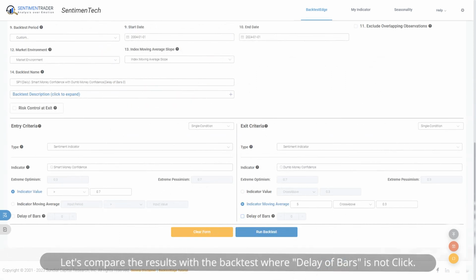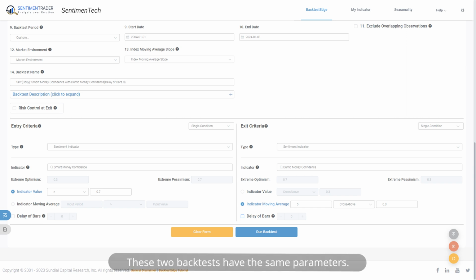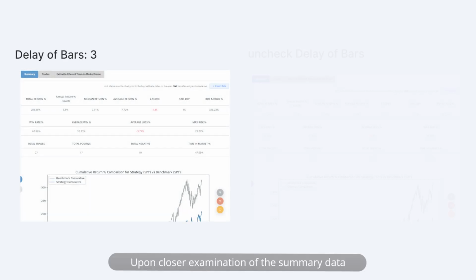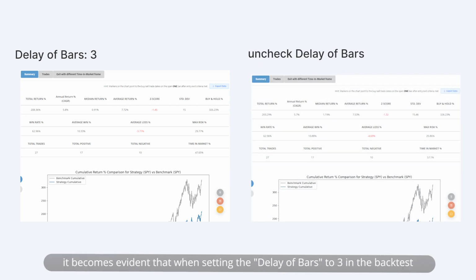Let's compare the results with the backtest where Delay of Bars is not clicked. These two backtests have the same parameters. Upon closer examination of the summary data, it becomes evident that when setting the delay of bars to 3 in the backtest, as there is a need to delay by 3 trading days after the conditions are met, the relevant